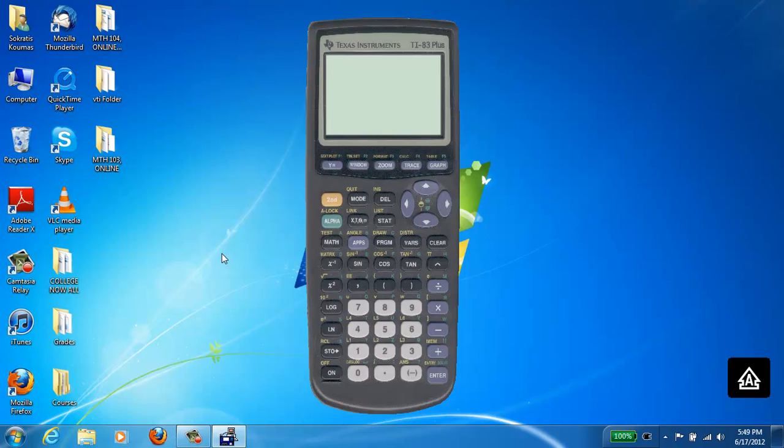This is the graphing calculator TI-83. It doesn't matter if you have TI-83 or TI-84. The first step to create a scatter plot is to click second and the Y equal key,